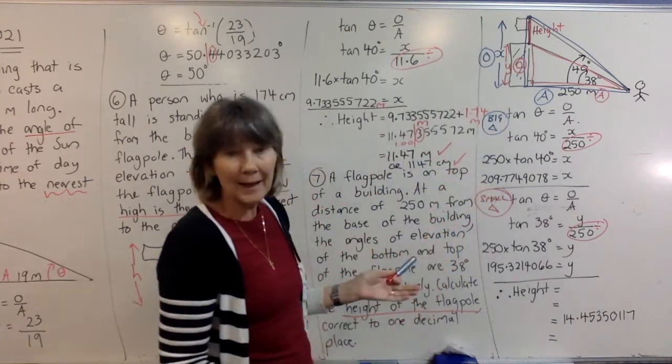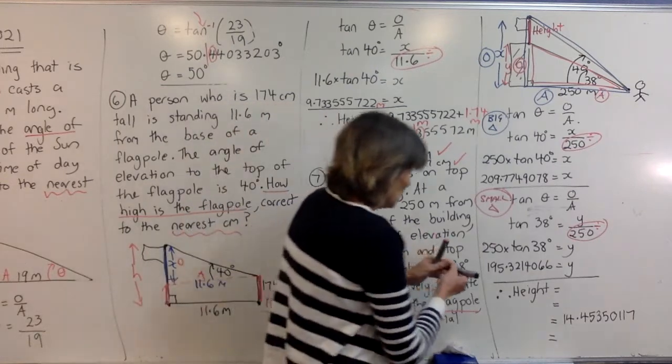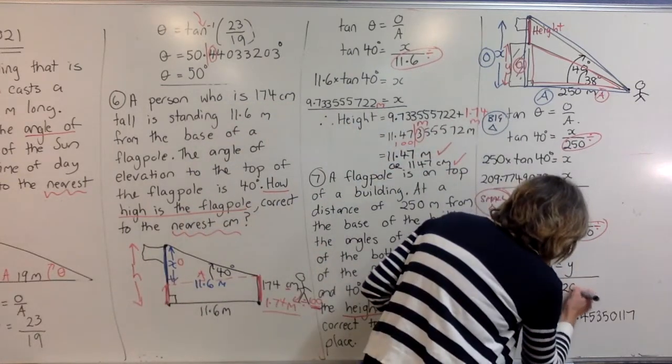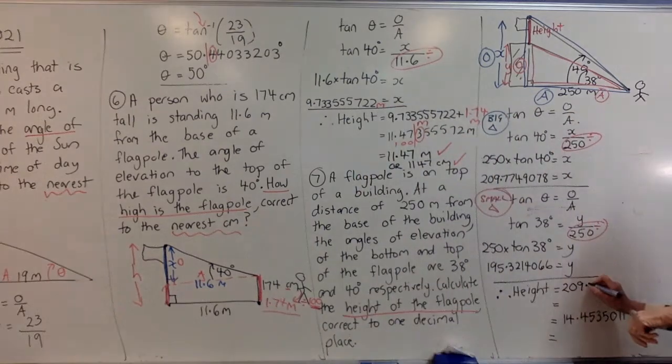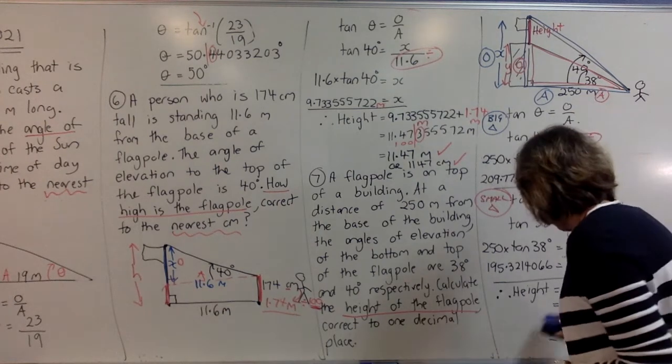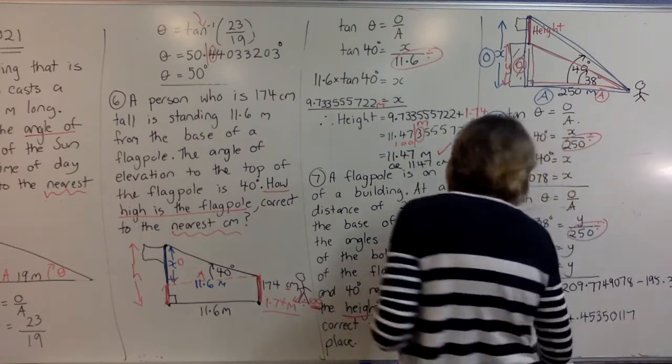Right, so we're doing the X minus the Y. So I know this is a lot of writing, but we're writing it all down. Right, so it's all of this answer minus the Y answer